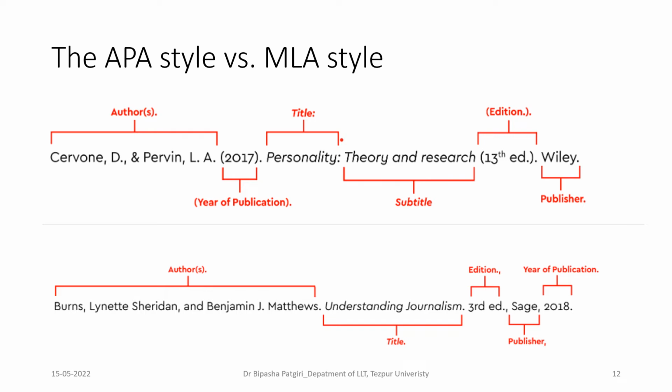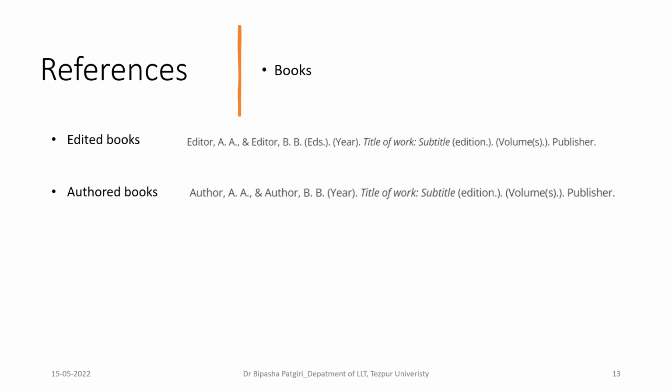Most of the academic works in linguistics, if you have noticed, have followed either of these two styles. Mostly they were supposed to use the MLA style, but modern writings are using the APA style because of its convenience. It's more convenient to use the APA style, and that is becoming more and more generic, because not only linguistics but other fields of study are also adopting this style sheet by the American Psychological Association. So you can go to the APA style formatting. Okay, then the first one is books.